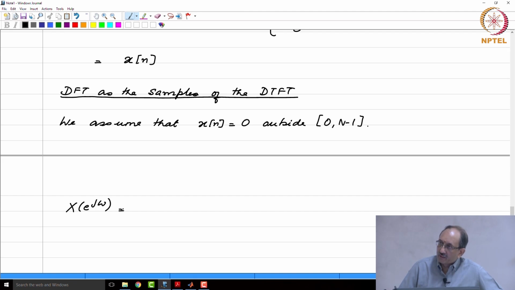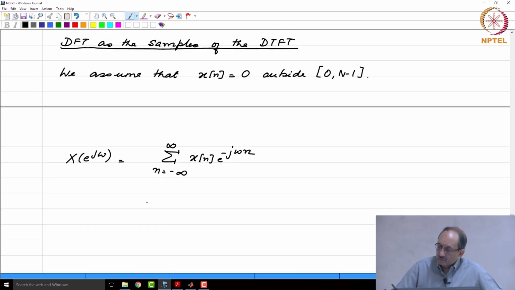So, X of e to the j omega, by definition, is the sum over n going from minus infinity to plus infinity of x of n e to the minus j omega n. And this is where we are going to make use of the assumption that the data are 0 outside 0 to N minus 1. So now the summation collapses to 0 to N minus 1, because x of n is 0 outside this interval. So you have x of n e to the minus j omega n,